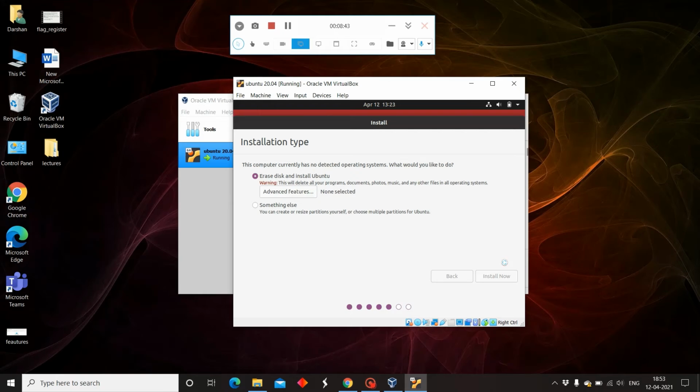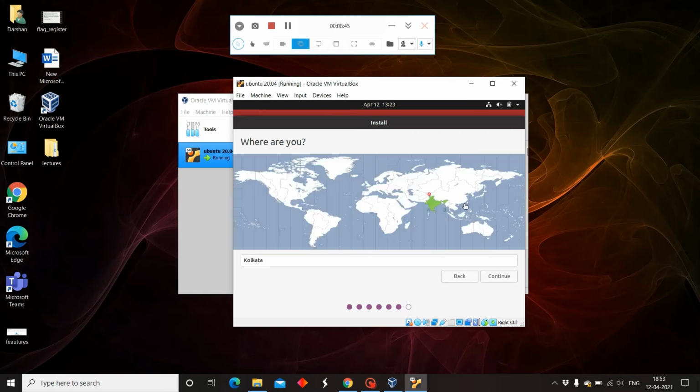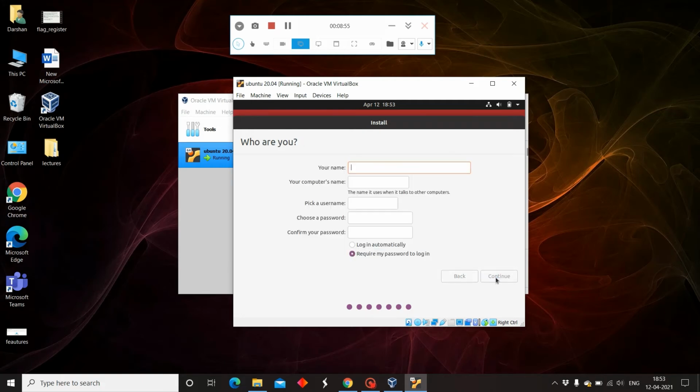Okay, we would wait. Then choose your location. It is somewhere here. I live in India. So continue, and choose the name. It is actually a username which you find when you enter or start Ubuntu.